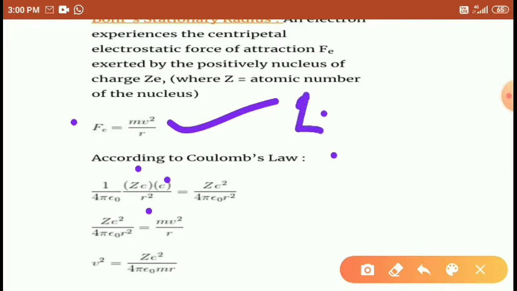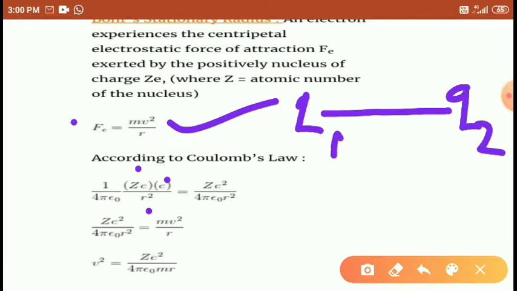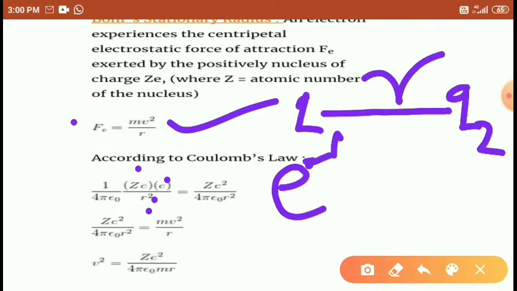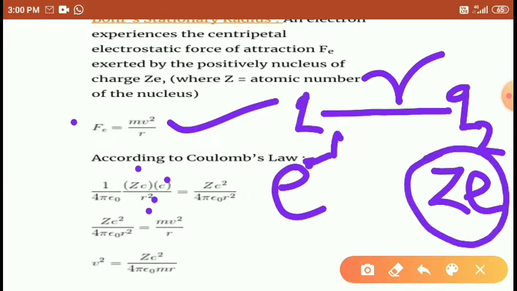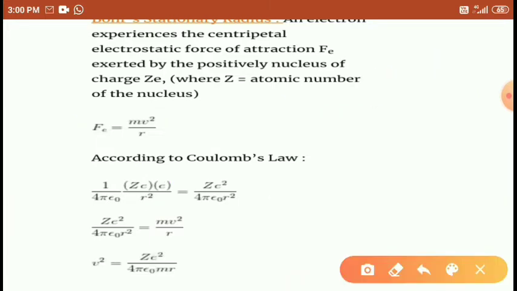For example, last time we discussed the charges q1 and q2, two charges with a distance r between them. So one charge is considered as the electron, with electron charge e. And what should be the charge of the proton? The proton charge is mentioned here as Ze. Ze means the atomic number, and atomic number means the number of protons. Students, so 1 by 4 pi epsilon naught, Ze, that is atomic number, and the electron charge e, divided by r